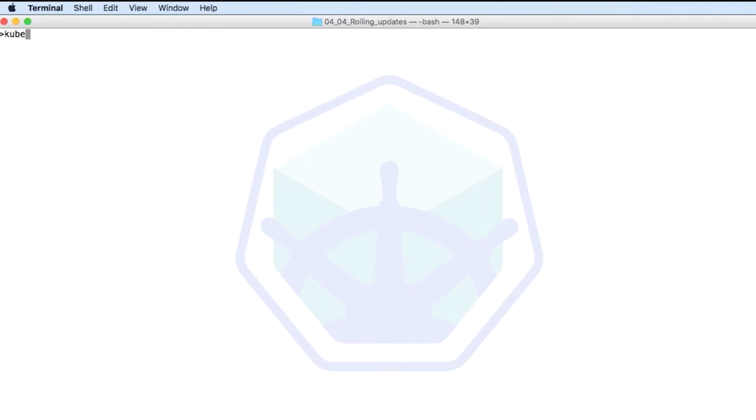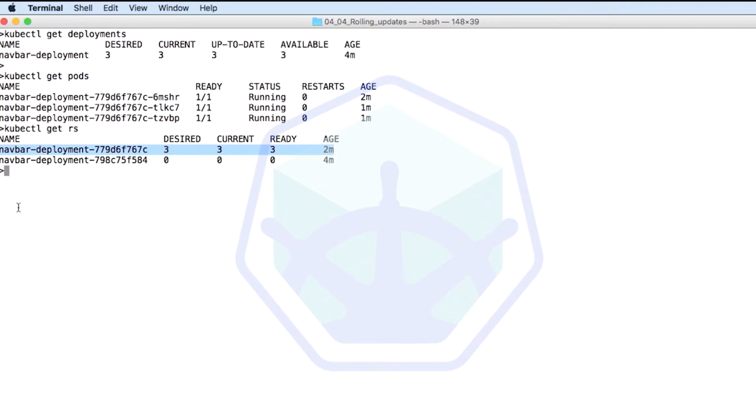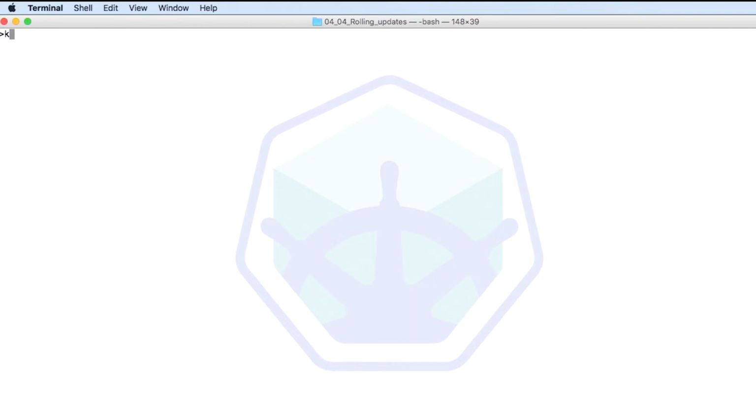Now let's take a look once again at our deployment. kubectl. Once again, we have 3, 3, 3, and 3. Basically, behind the scenes, what's happened in this scenario is our deployment, when we redeployed with the new image, we got a new replica set that matches the second set of images that we had, and we had pods re-rolled for that. If we take a look at our rollout history,